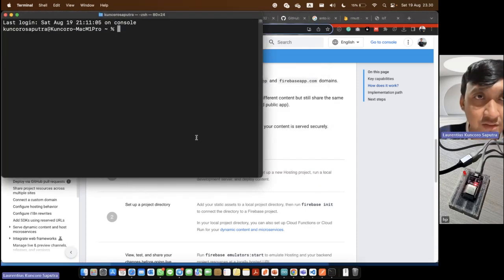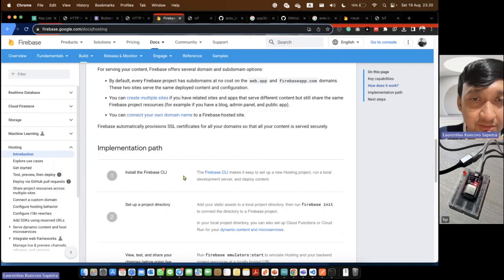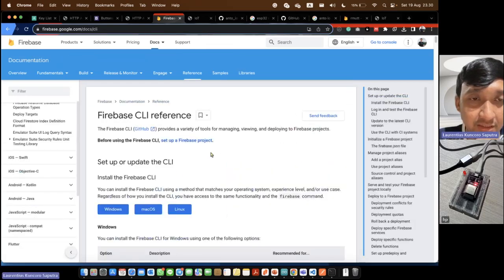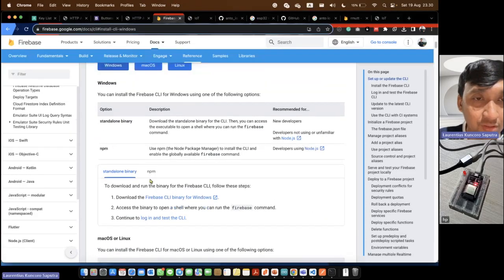First we can install the Firebase CLI. I click here and set up. This is the step by step. If you use Windows, you can follow this instruction. You can use the standalone binary or npm.